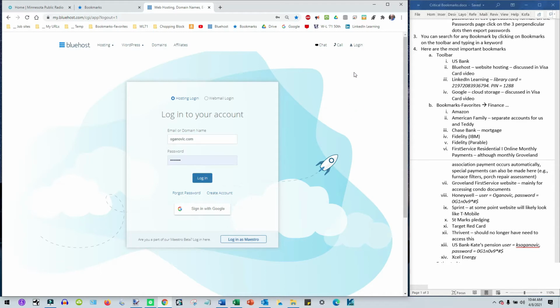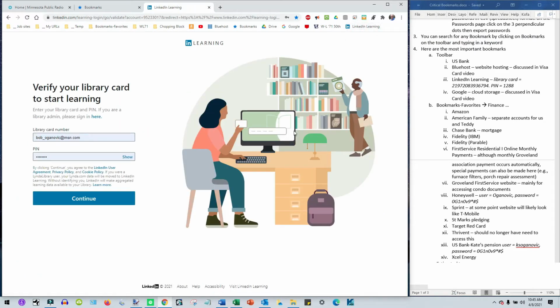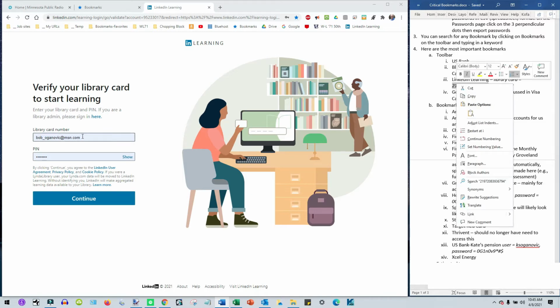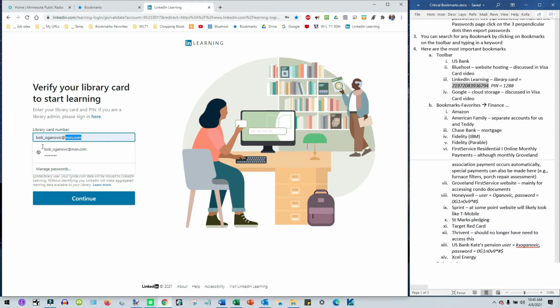LinkedIn Learning, I put this out here because it used to be called lynda.com, then it was bought by LinkedIn, and LinkedIn has been bought by Microsoft. And I mentioned it because it's a really good site for online learning. Like if you really wanted to get up to speed on, take an example, a basic Excel class, well, this is a perfect place to do it. Now, this one is an oddball in that, for some reason, it doesn't come up. It's expecting a user ID, and the reason it's a little goofy is this is actually something we don't pay for directly. We pay for it as taxpayers because